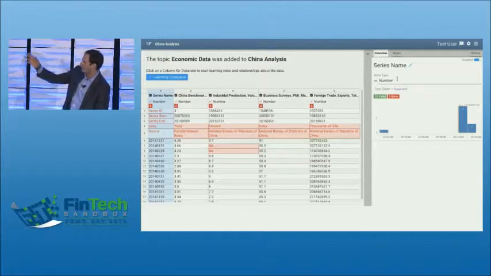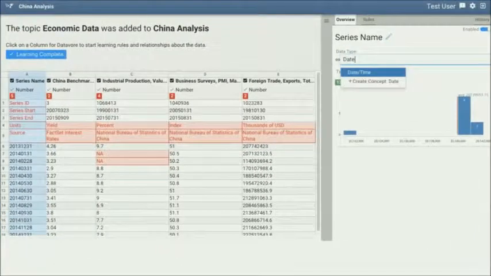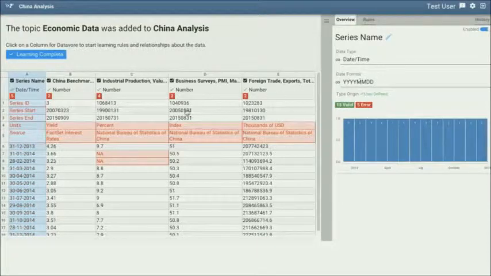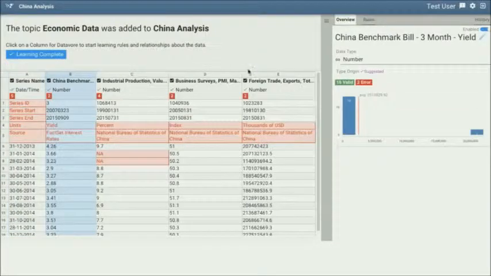If we click on the first row here, we can see that this is actually some dates. It's hard to identify them because there's no slashes or anything like that in there. So it comes up as errors when we make that change. But if we give it the correct format of year, month, day, we can see that the platform immediately identifies that there are valid dates in this column. And now that Datavore knows that there are dates in here, it can learn about the time series.